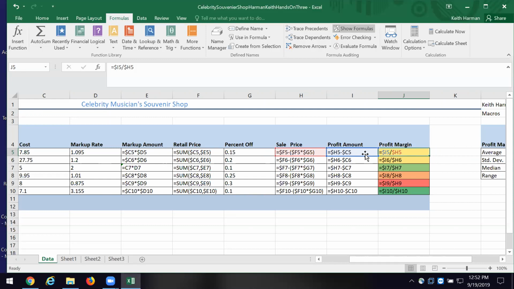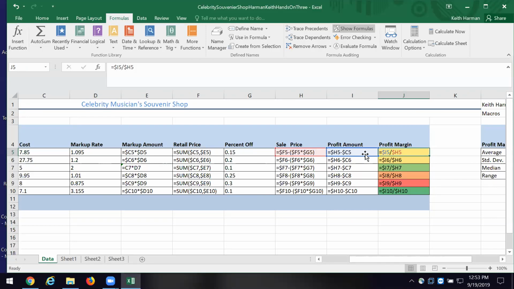I'm sorry, go ahead. Yes? I've got some answers. Okay, can make some decisions about that item. The profit margin is what? What's the expression there? Let's take a look at it.